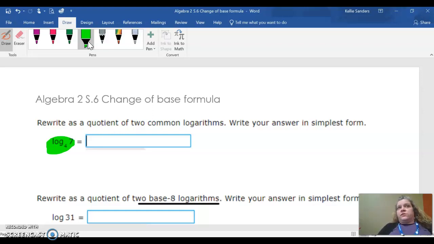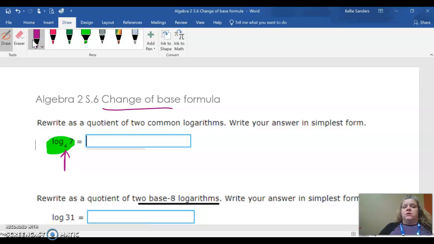For most calculators that you have, you would not be able to put this into the calculator because it has this base here, and our calculators don't have a place for that. Now some newer ones could, but most don't, and the ones that I have in the classroom do not. So we are going to use the change of base formula to be able to have an equivalent